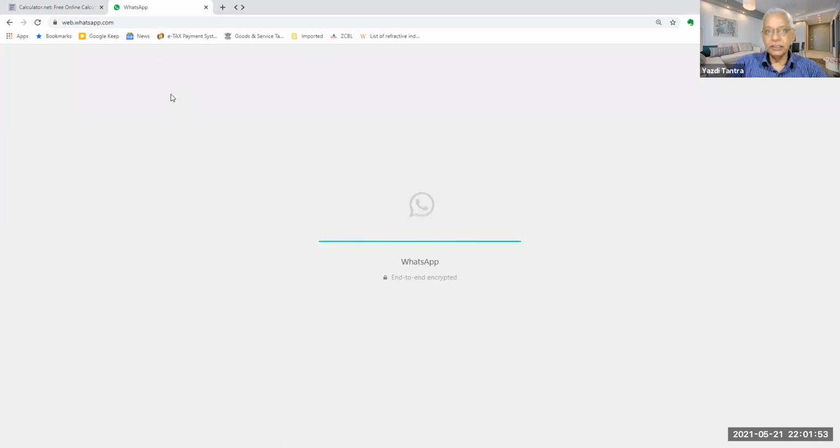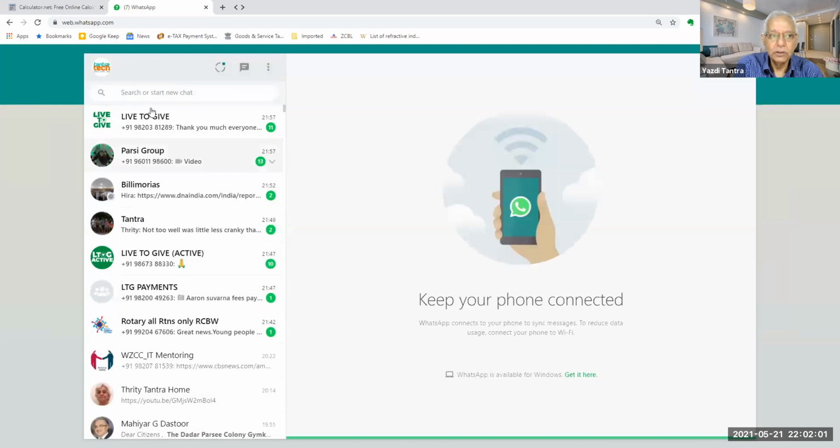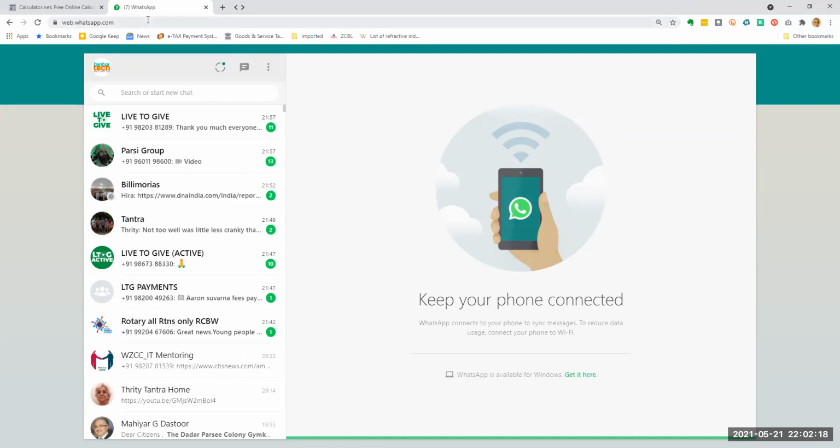Once you go to that site, I might be already logged on. One second. Okay, all my WhatsApps are listed here, but first let me log out so that I can show you. Click on the three dots.